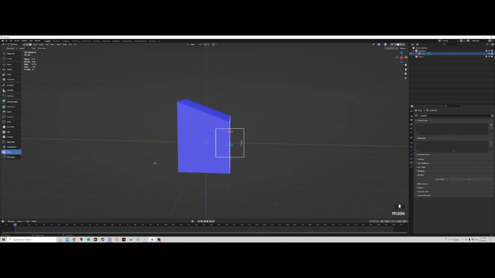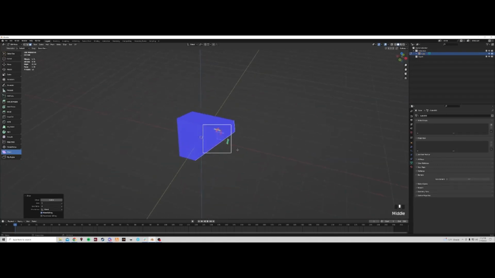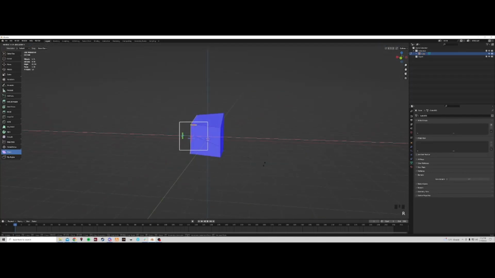Now there's a shear tool, which basically you can take a face and kind of rotate the face, essentially. This can be useful in some scenarios. I don't typically use it, but it makes sure to keep it what's called planar. Like this face, even though it's got weird angles and stuff, is flat. It is a perfectly flat face. Whereas if I were to rotate this,